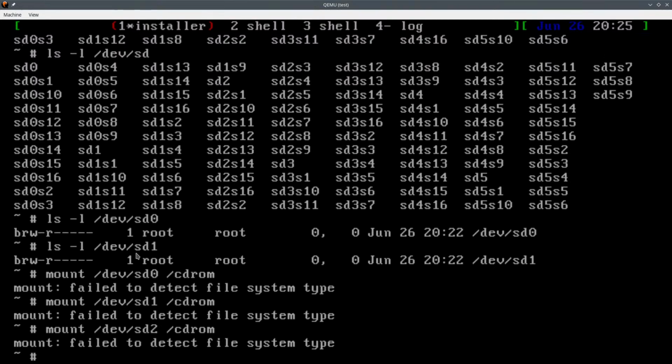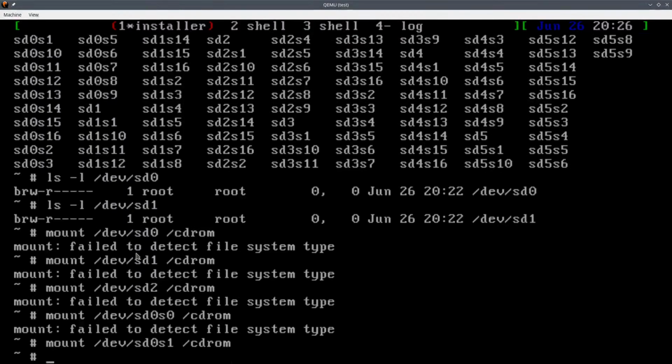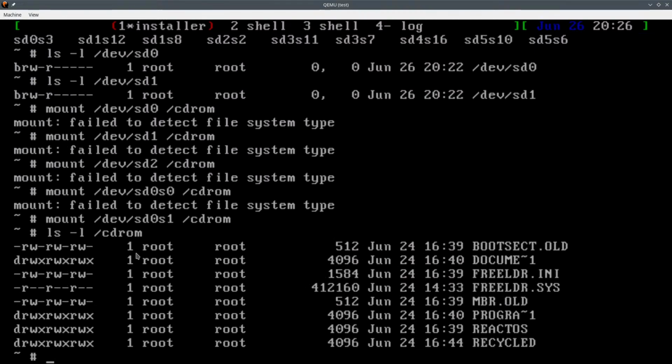Huh. That's interesting. Maybe you're supposed to mount the first slice because... I mean, like this. Wait a minute, look at that. I've managed to do something. Wait. ReactOS.